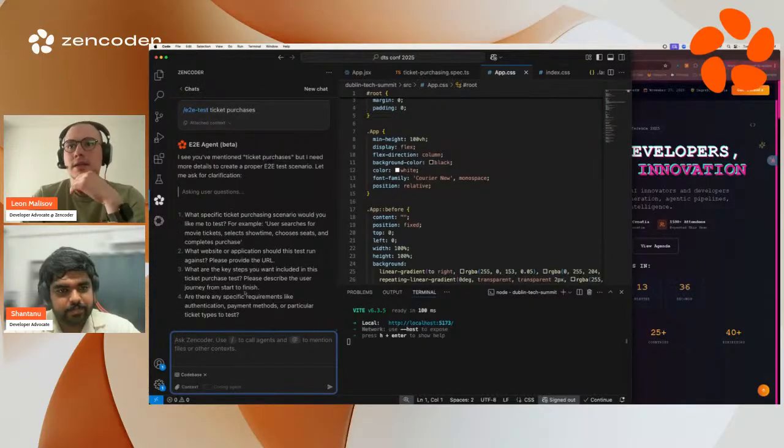Yeah. And here, again, you can see that it's asking for more input about what part of the ticket purchasing flow we actually want to test. I think it would be